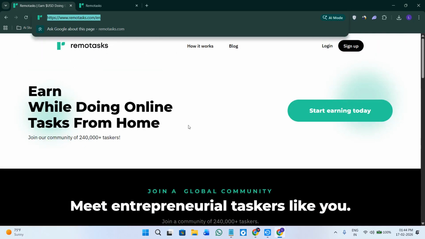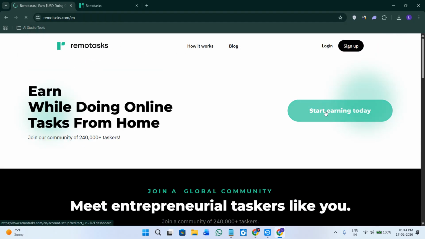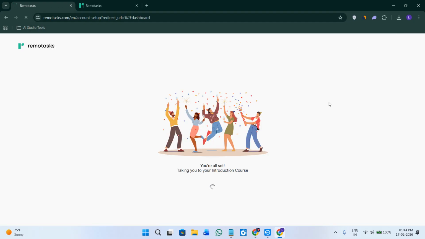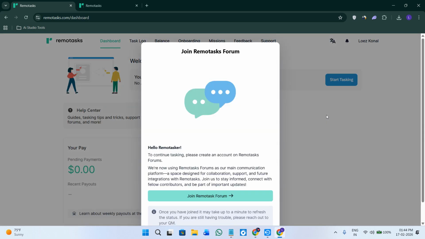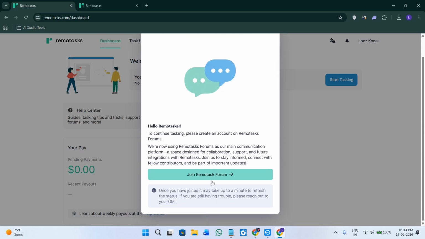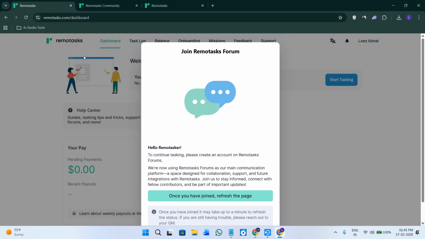When you are over here, simply click on the option of Start Earning Today or Sign Up on the top right hand corner of the screen. When you do this, you will land on the account creation page where you just have to create your account. Once you do this, you will get access to this type of dashboard in front of you